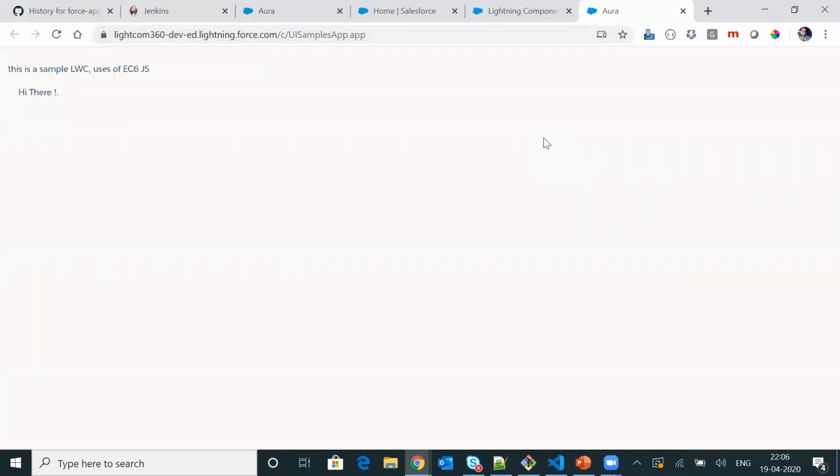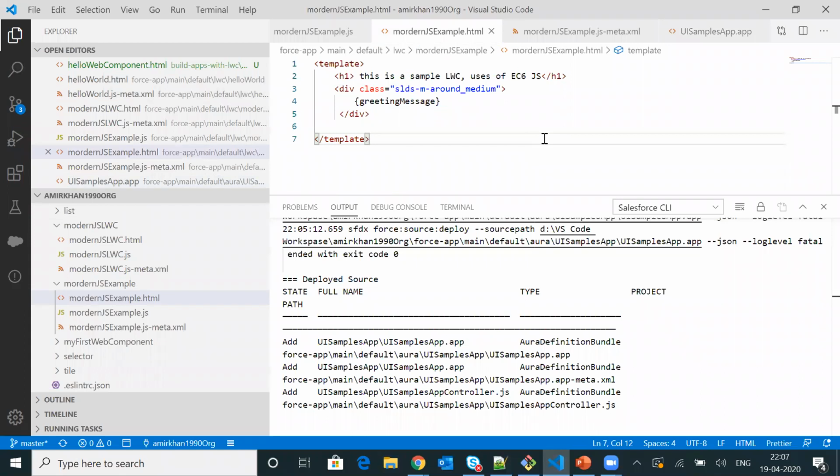So basically this will be my base Lightning web component, where I will be using most of the modern ways of the latest version of the JavaScript. And in the next tutorial, I will be adding the live coding sessions of all the new modern ways of the JavaScript one by one.